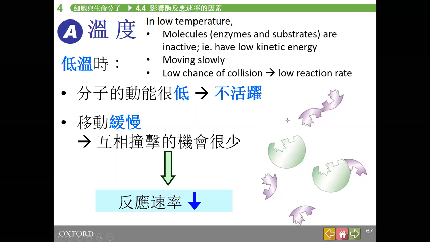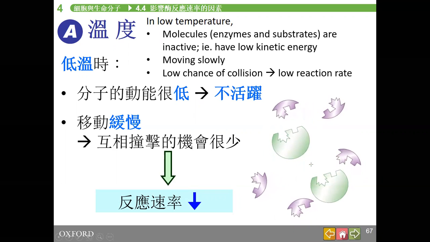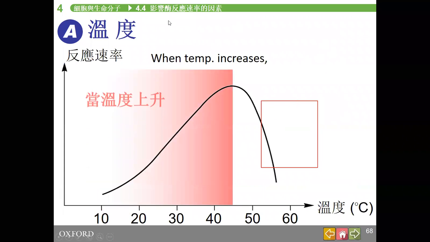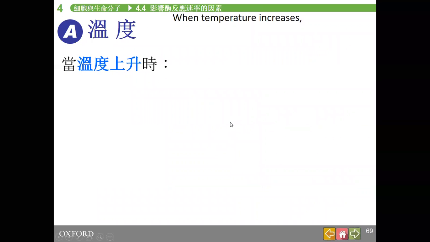They will not collide with each other. They will not collide together. So they do not form enzyme substrate complex. The reaction rate is so low. Of course they will not combine into enzyme substrate complex, so no product can be made. When temperature increases,